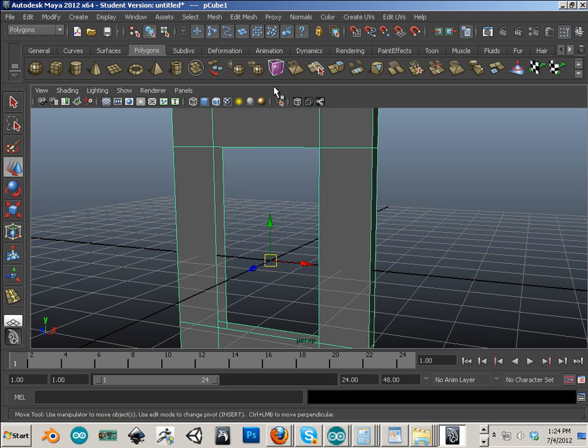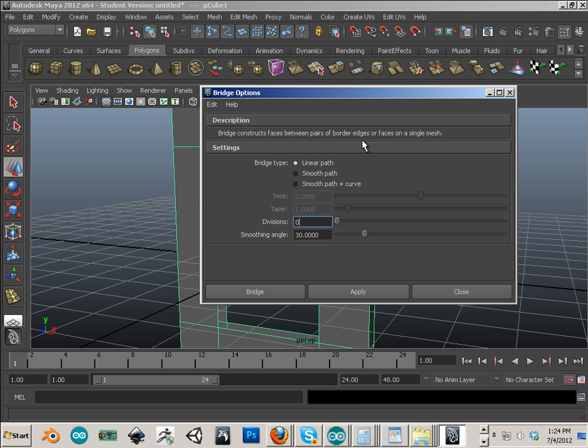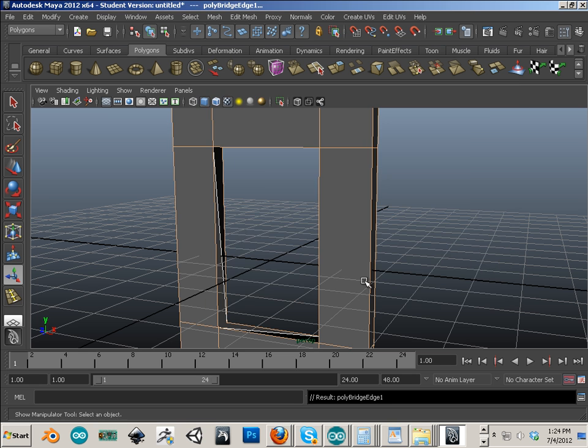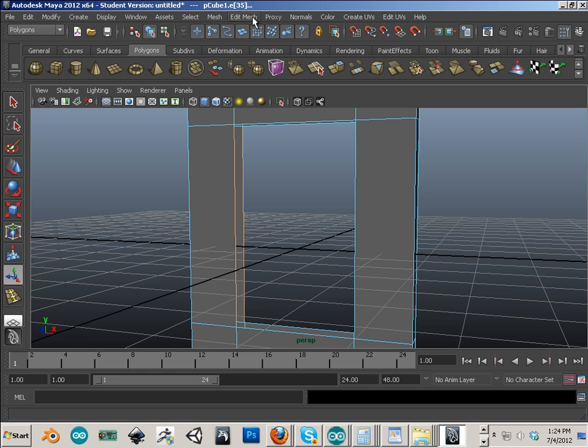Okay, highlight the structure. I'm going to be using the bridge command a lot, so I go into bridge, hit the square box, and make sure the bridge is on 0 subdivisions, and I save that setting. Okay, undo that because I don't want to bridge those two. I'd rather bridge these two. So bridge,